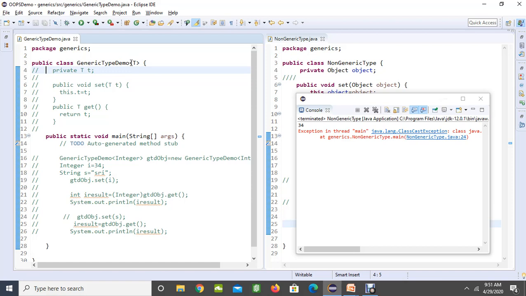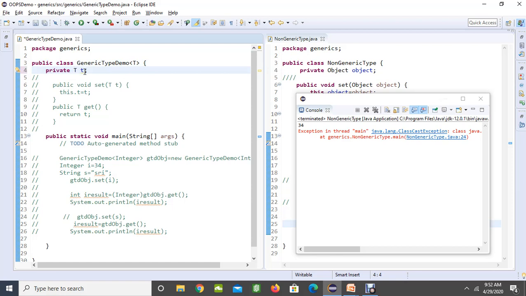So I am going to use generics by using this notation. We can use this notation to define that we are using a generic. Whatever you give here as the key, that key can be used like a data type in your program, in your methods or at the variable declarations. So here I have given T, and I will show you what T stands for later, and I am going to make it private T.